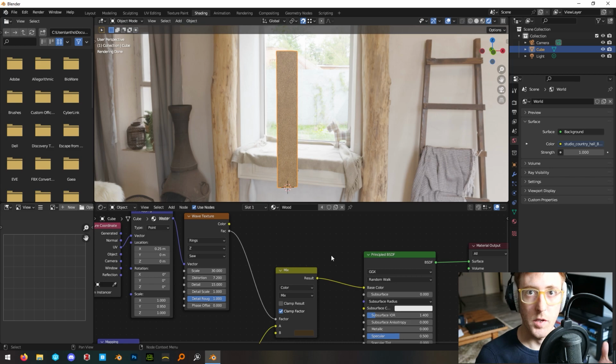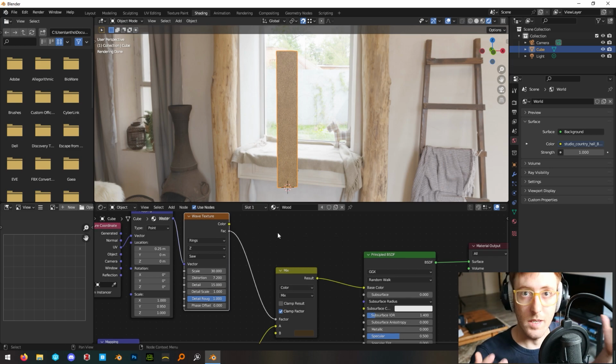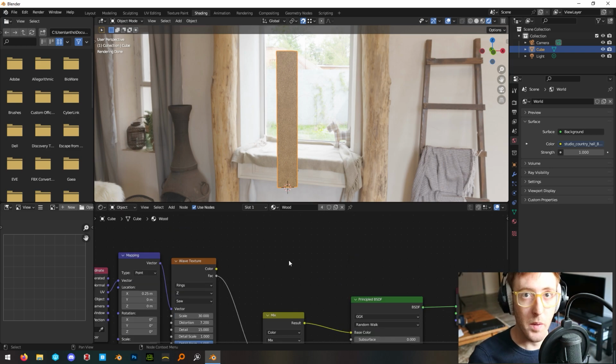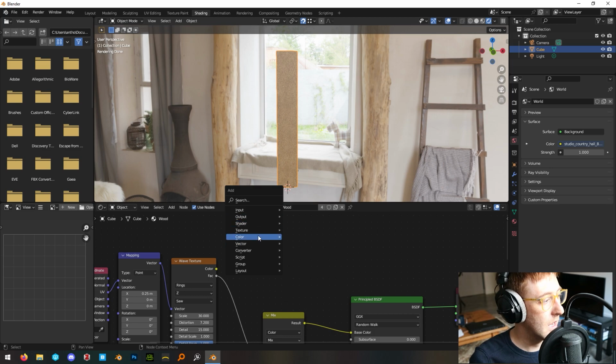And you may also hear the term normal map. The difference between a normal map and a bump map is that a normal map uses a 3-vector, so it will have 3 channels, similar to the color output of an image texture, which is why image textures are used as normal maps. But a bump map only has 1 channel, so you can think of a bump map as being like this factor. It's got a single channel that describes its height, and then the shader will use that information to fake the shading on the surface. And it's a little bit less precise than a normal map because it only has 1 channel, but it's very easy to do procedurally. So we're going to add a bump map to this by pressing Shift-A,